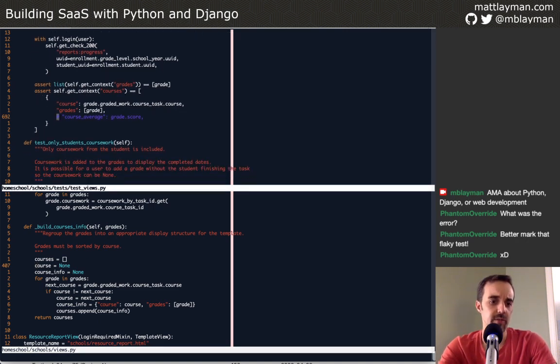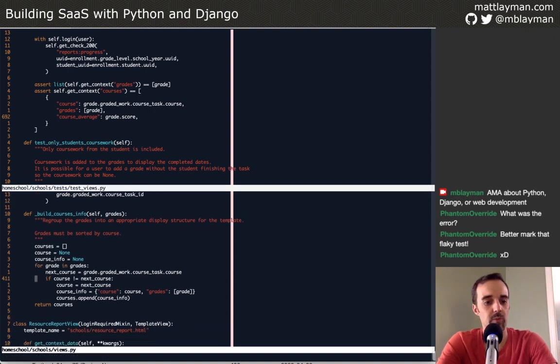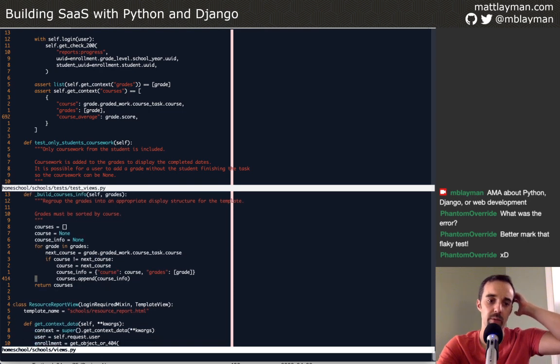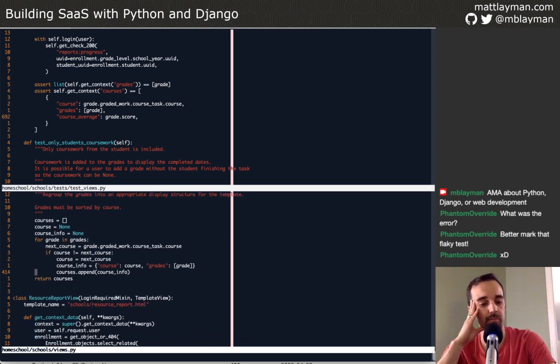So the next thing I want to do is put in the actual, I want to make the test fail again. It's not going to have this course average. And we need to figure out what is the time in this little loop that we can actually do this course average computation. We want to do it after the grades are done. So,